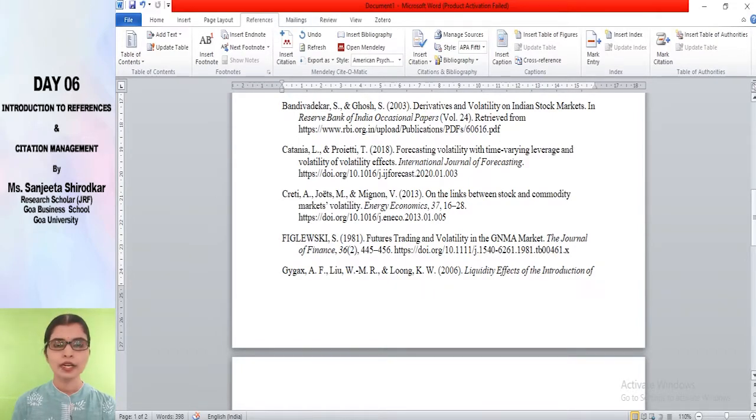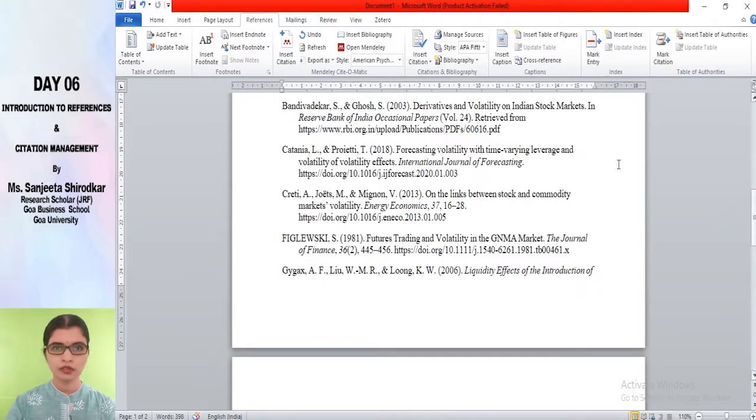In Mendeley, we understood how to get started with Mendeley. Then we understood which are the various ways. I showed you around 4 or 5 ways in which the references could be quickly absorbed into Mendeley. Then I also showed you how to deal with the plugins, that is the web browser and the Word plugin. And also I showed you how to create your references and citations.